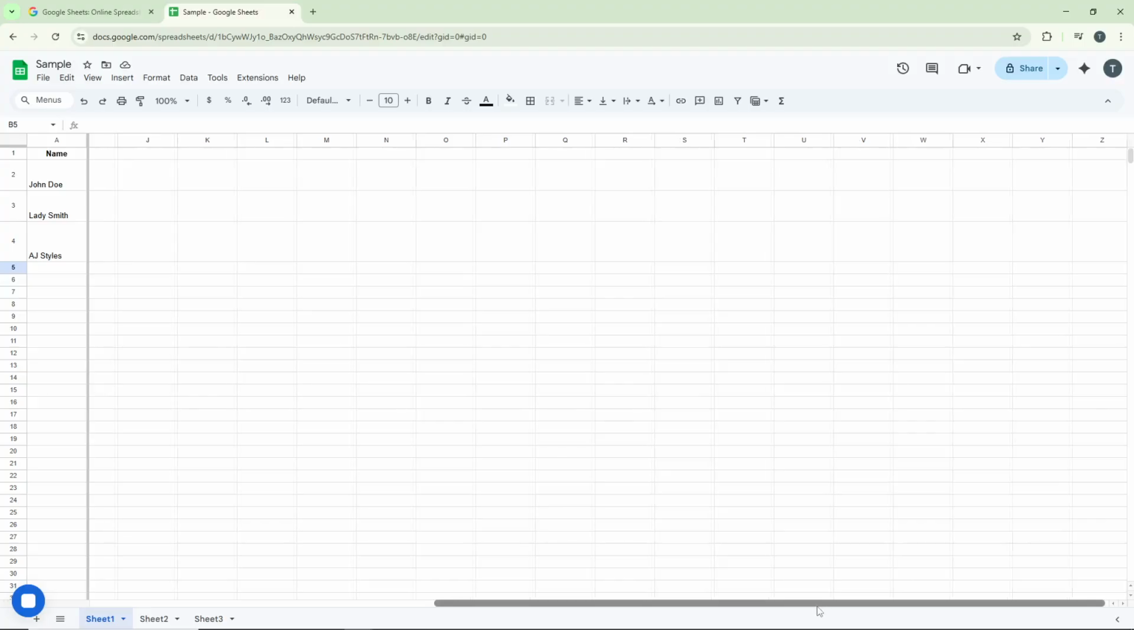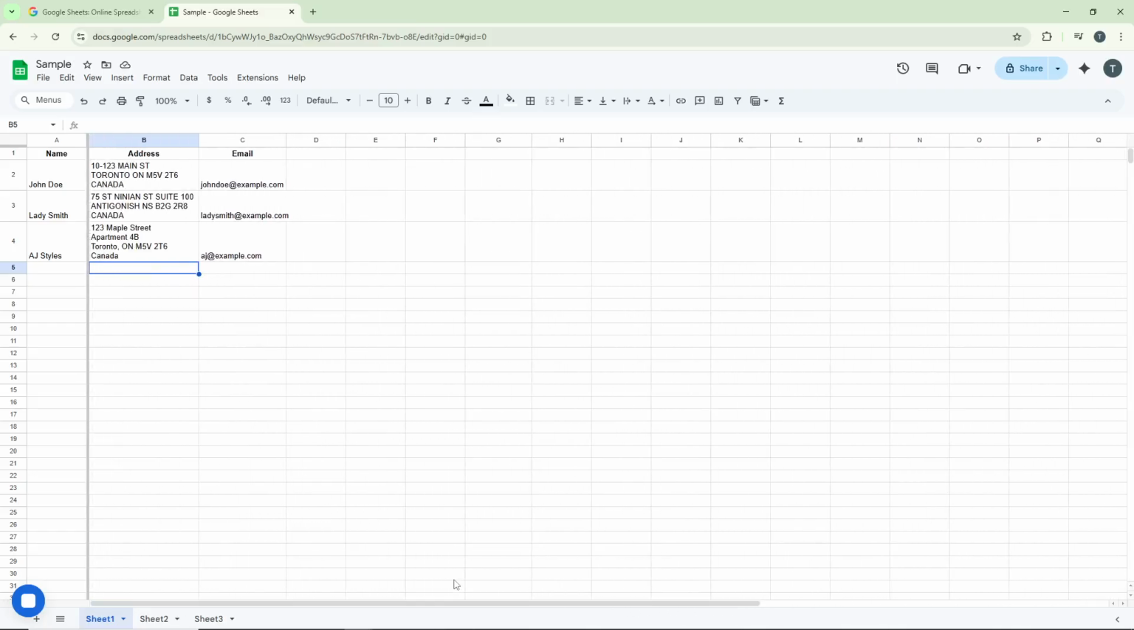This feature is particularly handy when you're working with employee lists, product inventories, or any data set where the first column contains key identifiers that you need to reference constantly while viewing other data. And there you have it. You've successfully created a header column in Google Sheets that will always remain visible as you navigate through your